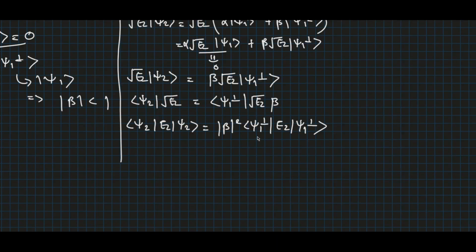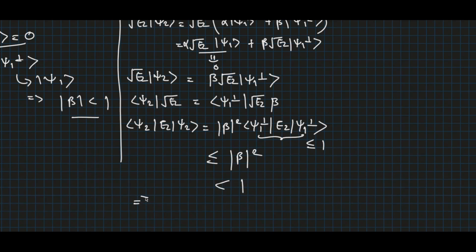Now we can see that this value will obviously be less than or equal to 1, and we also know that beta is less than 1, which implies this whole value would be less than or equal to beta squared, which is less than